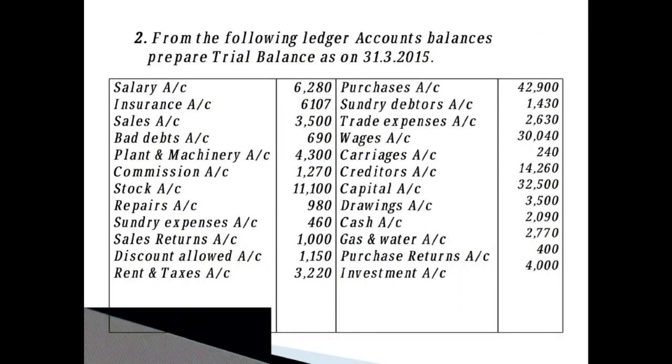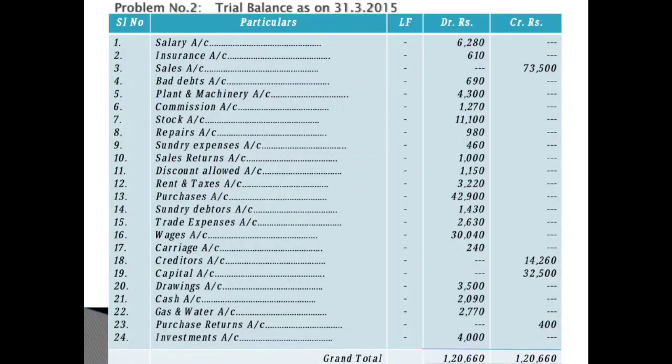Okay, next what you have, investment account. Investment account rupees 4,000 you are having. Investment, as it is an asset which shows debit balance for us, we are going to record it in a debit column. So the 24th we have recorded in a debit column, investment account, debit column rupees 4,000.